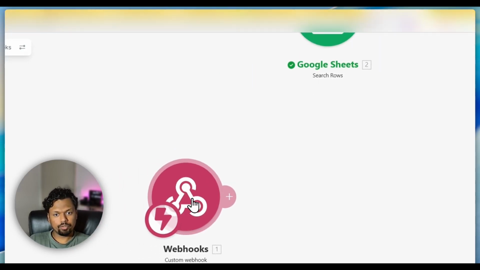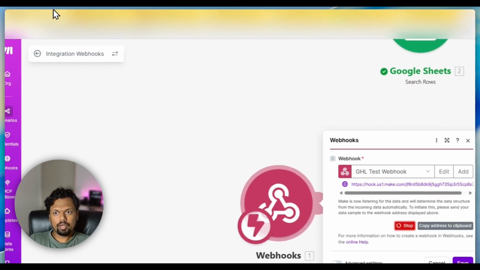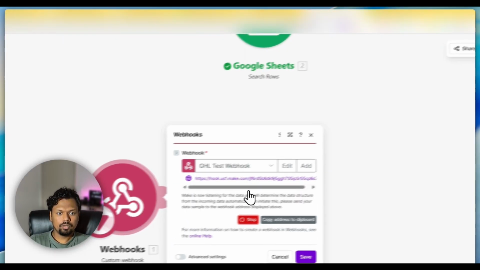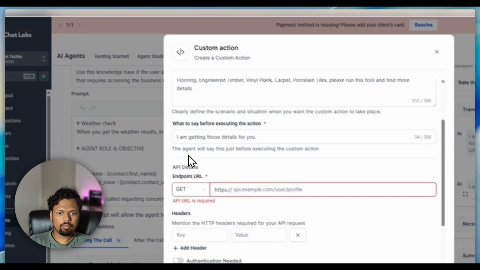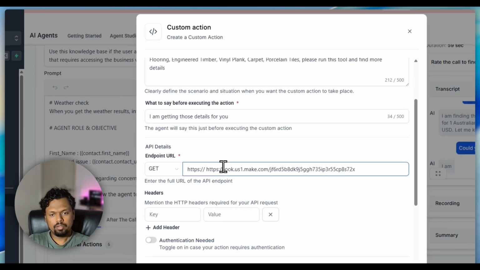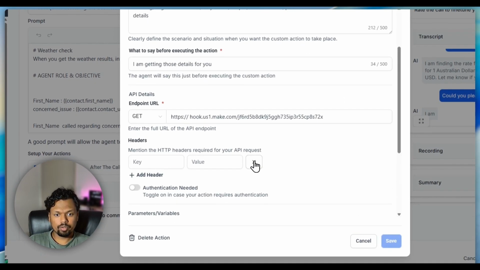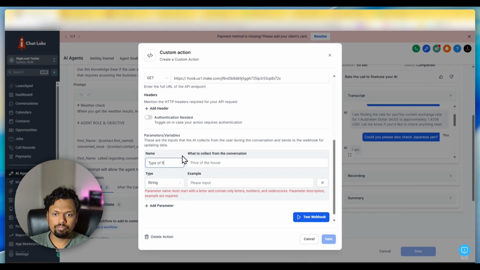So now we are going to head to our make.com, and we have already created one scenario for our post request. We are using the same thing. So we go in here and copy this URL, and then we come back and paste that in. Sorry, I didn't copy that. Copy address, sorry, copy address, and then I'm going to come back here. So now we are sending data from our AI agent to make.com, and inside make.com we will run the operations that we want to run. Okay, so here again we don't need a header, and here what we are looking for is the type of flooring,